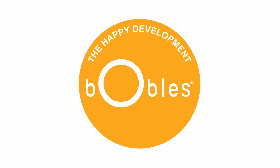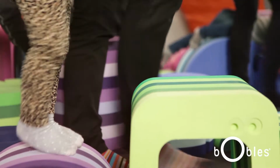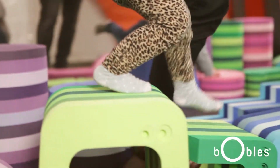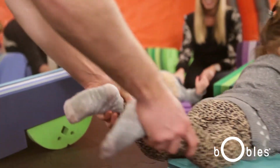At bObles, we've created the happy development. We've made 5 tumbling icons, which are based on the natural movement of the child. Our goal is to motivate children to be in movement as much as possible, all the time, and thereby develop